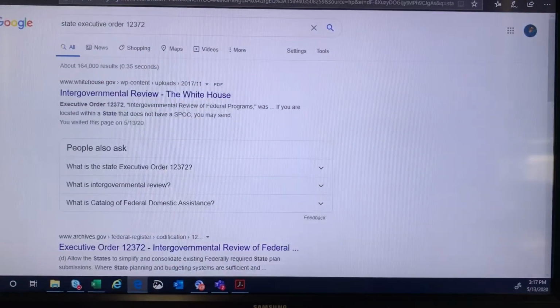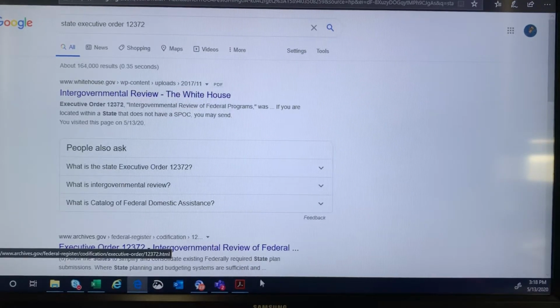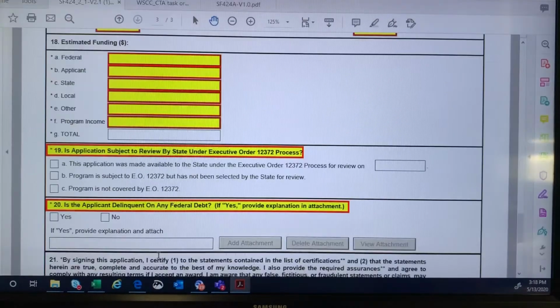So I used Google again, and I typed in State Executive Order 12372, which takes you to multiple sites that'll help you to determine whether or not your state is subject to State Executive Order 12372. And so you just have to do a little research to find out if your state is subject to that or not. And then you answer that section of the